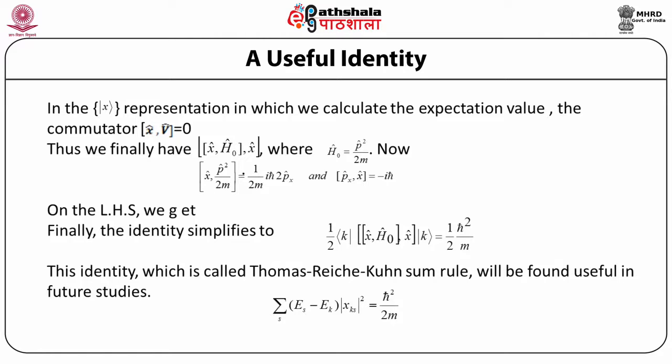So substituting these results above, we get on the left hand side half bra vector k, commutator of operator x, operator h naught with operator x, ket vector k is equal to half h cross square by m. This identity is called the Thomas-Reiche-Kuhn sum rule,